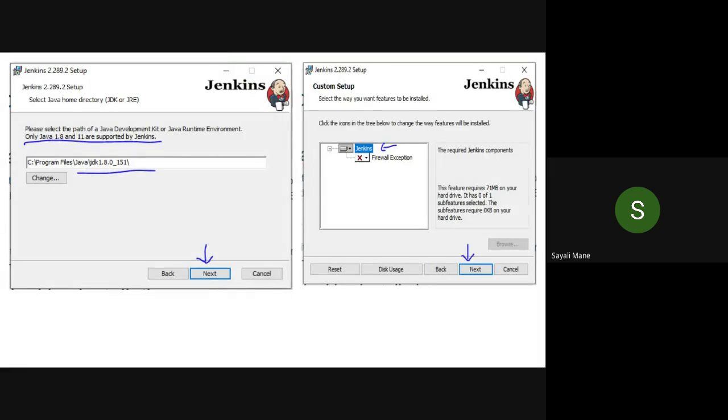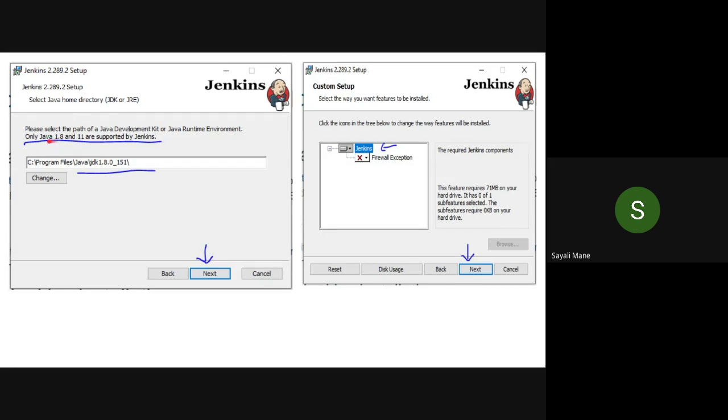Okay. So after this, click on the custom setup. Here Jenkins is there. So click on Jenkins and then click on the next one. Installation failure, unable to install pipeline GitHub failure. Are you getting installation failure for that? Some plugins failed to install. It's okay, no problem. Click on the next one.